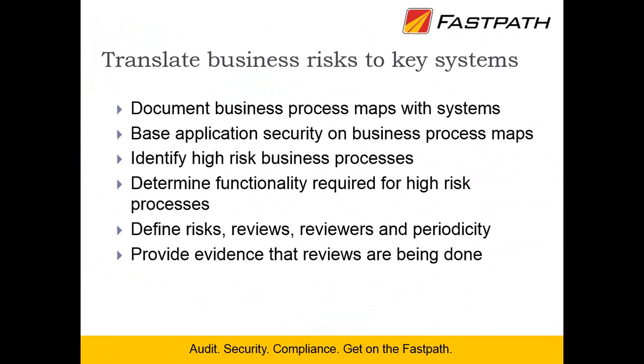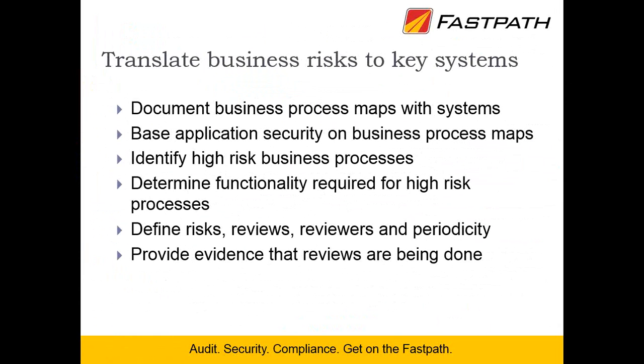So what we do is we document those business process maps. Again, how does an order become cash in our organization? And then you start to map those business processes to the key systems. At the beginning, when they come in as a lead, we're putting them into Dynamics CRM. Then we actually create the customer in CRM, and there's an integration from CRM to NAV that pushes that to NAV, and then we push it outside to a separate credit card system. So you have a lot of different systems that might be involved, but now you know where your high-risk systems are.